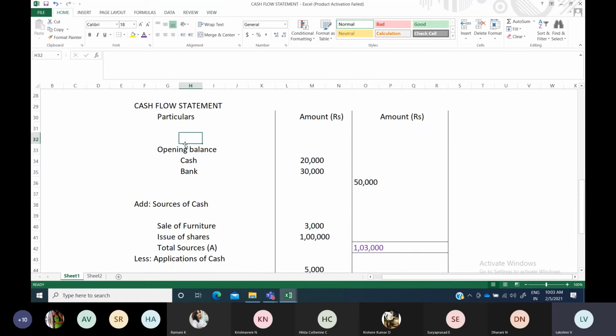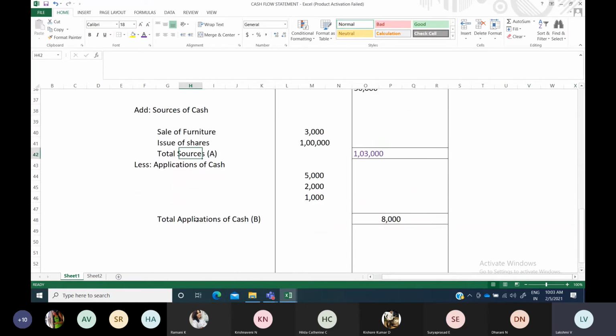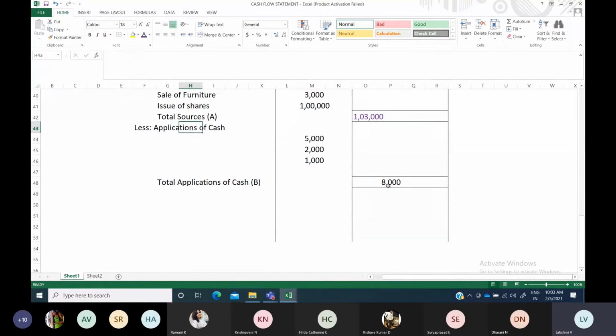Okay. So opening balance, with that all sources you have to add and find out what is the total sources of cash. Similarly, application of cash, everything you have to list down and find out how much amount you are getting. And A minus B, what you will get, that is the closing balance of cash and bank. Okay, closing balance of cash. Suppose if there is only cash, just mention as cash. If suppose bank is there in that problem question, it is better to mention cash and bank both together.